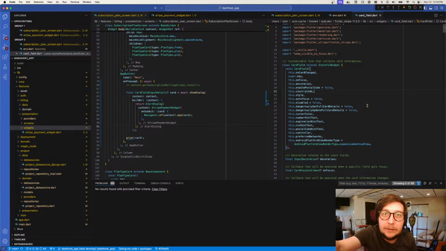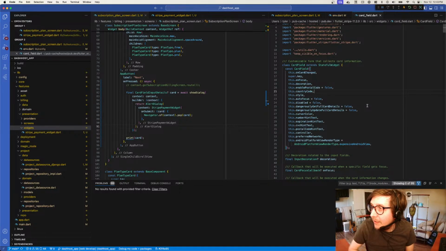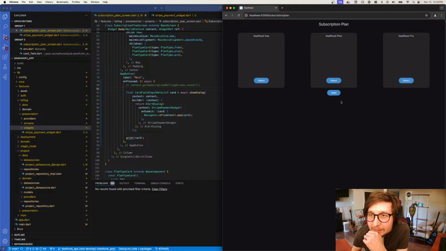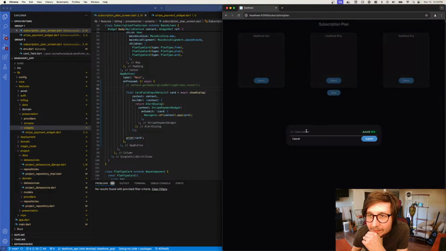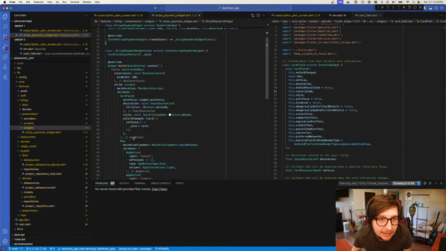I'll make this a little better. Okay, I think we're good. Let's test this out. Click next. Card number. Okay, cool. So we have our cancel and submit. We definitely want to add some space there. I'm not going to save, but